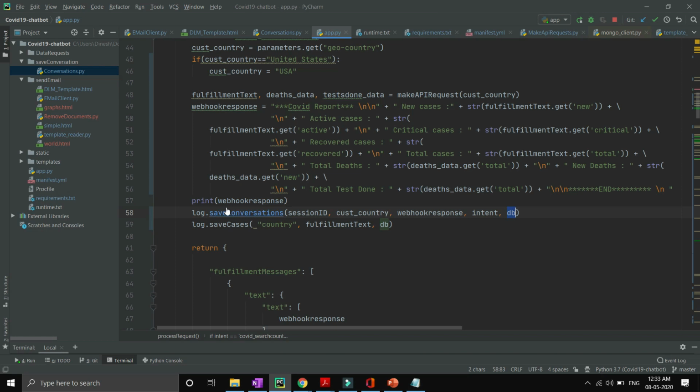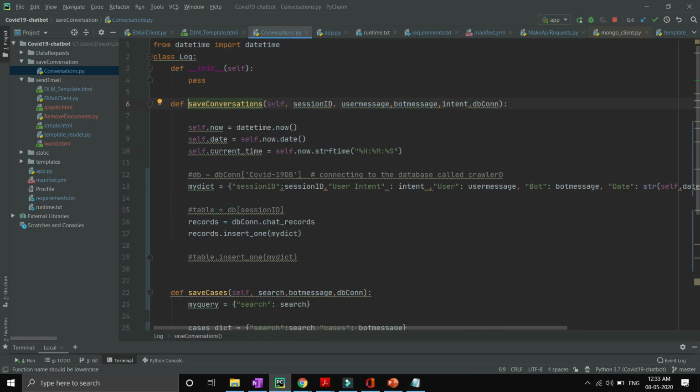Okay, so now let's go inside the save conversation method. Now I am creating some date and time, and now finally this is the main part. Just focus over here, guys. I'm creating a dictionary. As I told you earlier in the video, MongoDB saves the database in the form of JSON, or a dictionary, you can say in terms of Python.